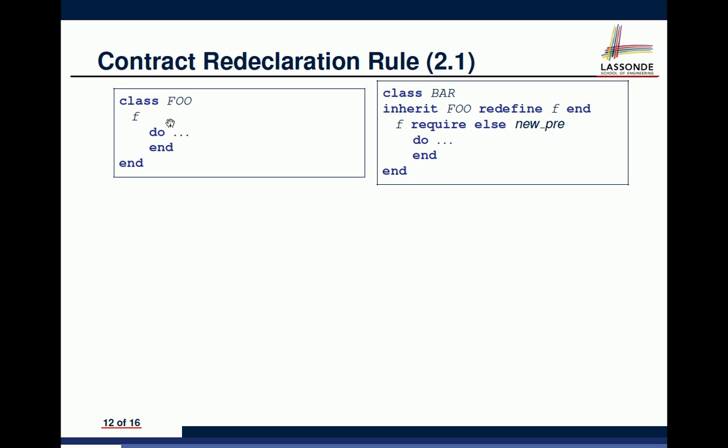Yeah, thinking this way. Okay, I'll explain to you verbally quickly. If we say require false in foo, that means every time you call F, you're just going to fail. You're just going to get a precondition violation, right? So that means there's no way to actually satisfy the parents. In that case,